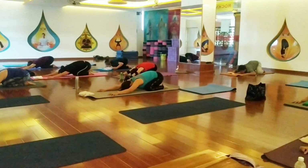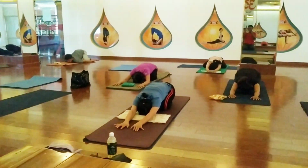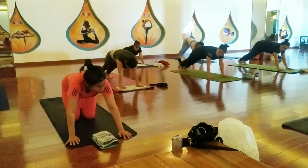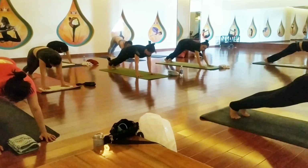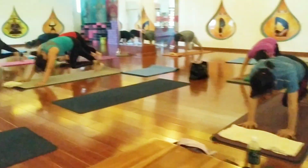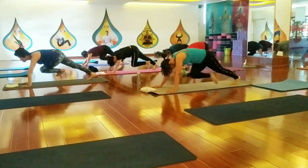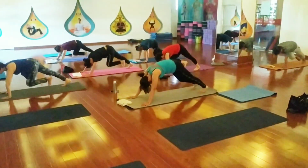Relax. So we are going now in the opposite direction. Left leg touch to right elbow, right leg touch to left elbow. Come on, try. 1, 2, 3, 4, 5, 6, 7, 8, 9, 10, 10, 9, 8, 7, 6, 5, 4,